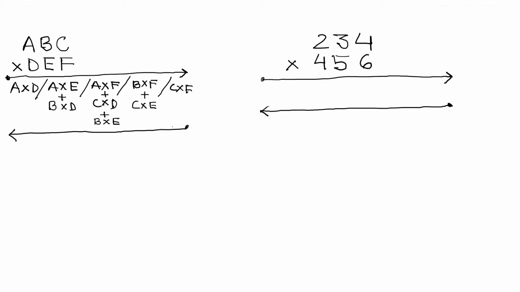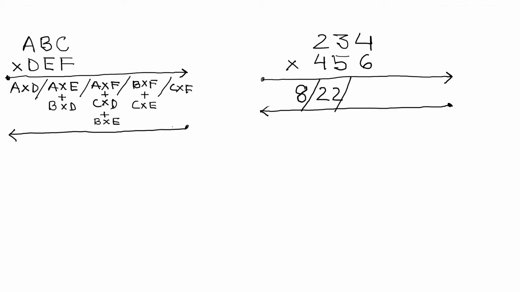Okay, now moving from left to right, we know that it is A into D. So 2 into 4 should be 8. Then we draw a line in between. This is just a line of separation to understand that there is a difference between the digits that belong to a particular place. The next is 5 into 2, which is 10, followed by 4 into 3, which is 12. So 10 plus 12 makes it 22.